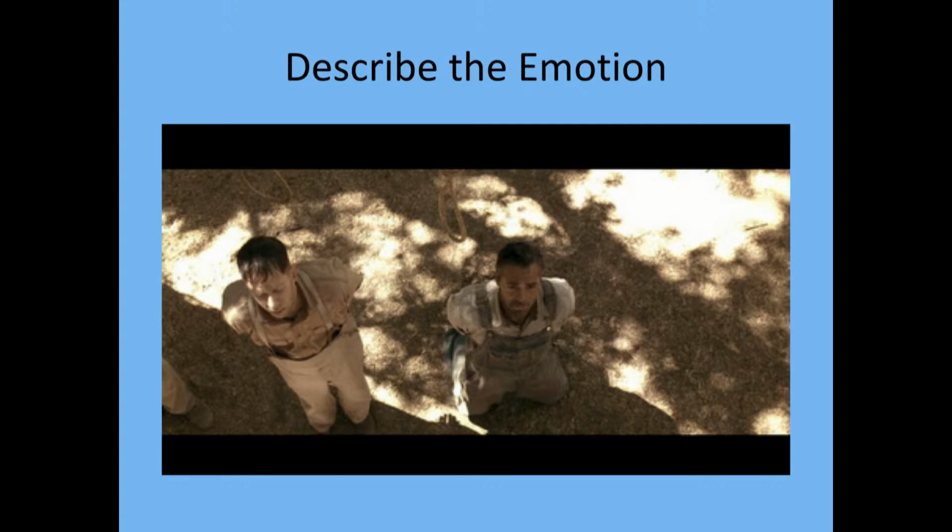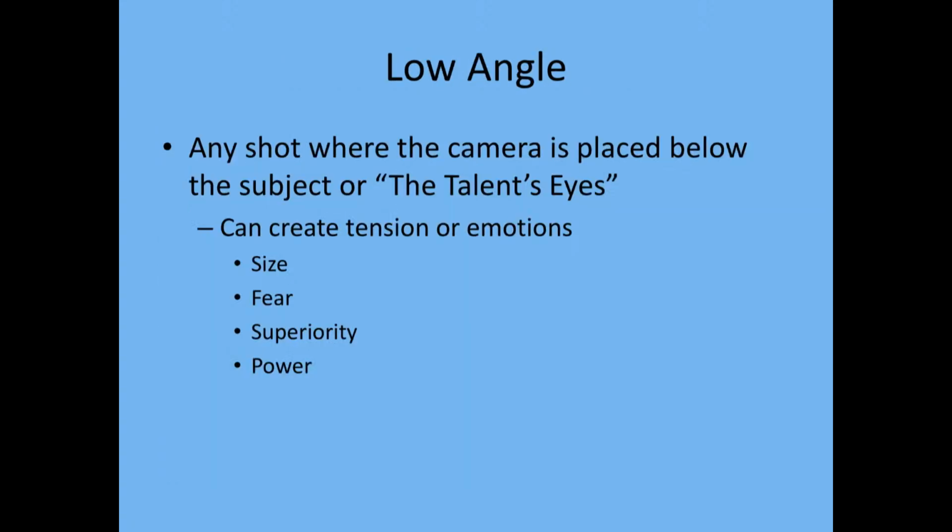Now we have the other end of the spectrum, which is a low angle shot. So a low angle shot is any camera placed below the subject or, air quotes, the talent's eyes. And it can create tension or emotions, right? That can create size, fear, superiority, and power. So this is a very big, larger than life person. For instance,